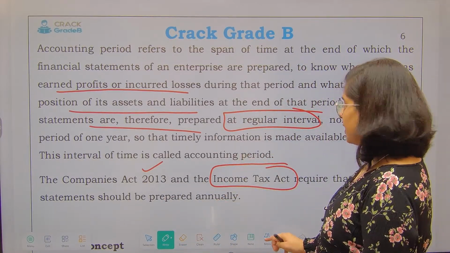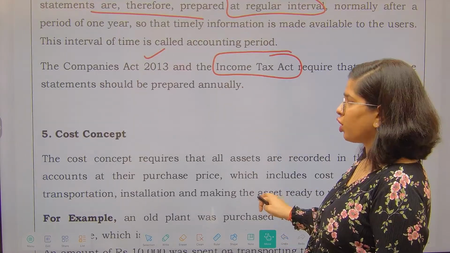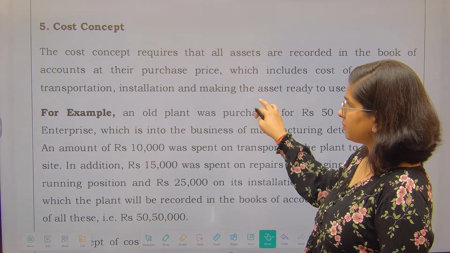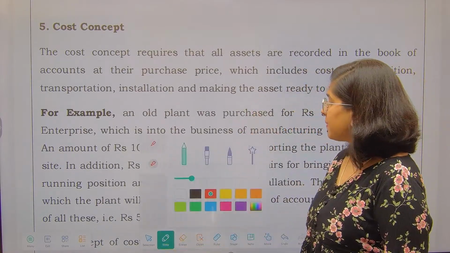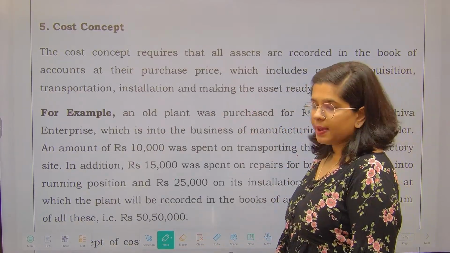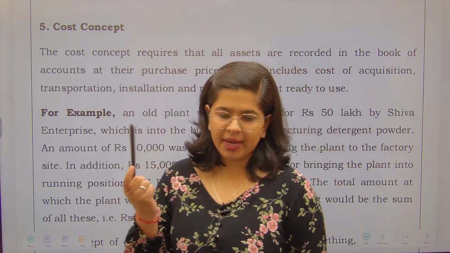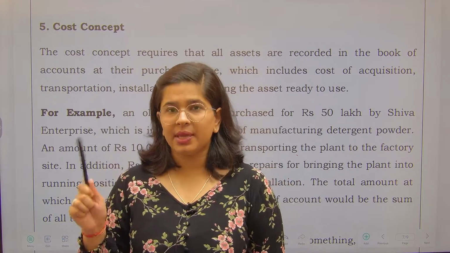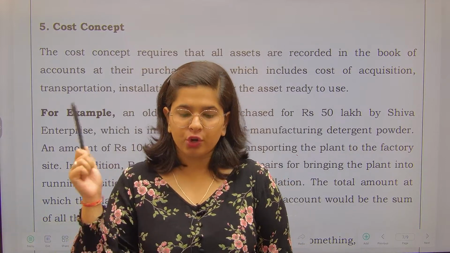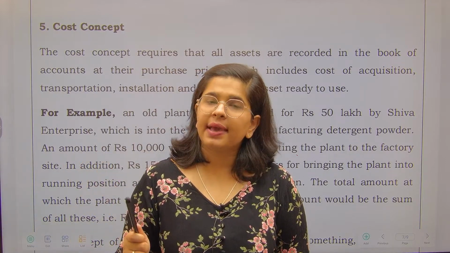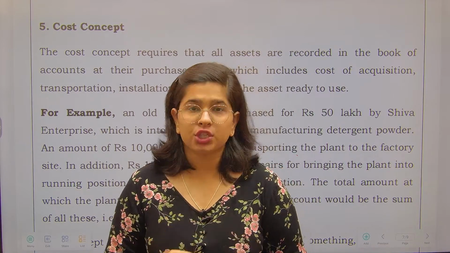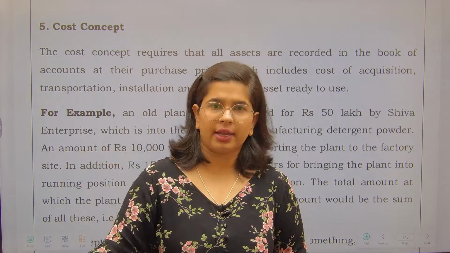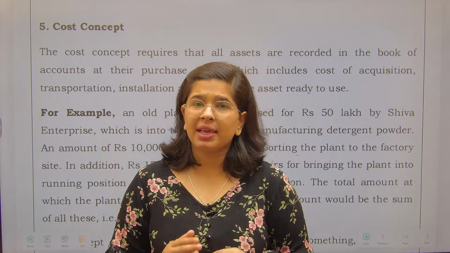Okay, now the next concept that we have is the cost concept. What the cost concept says is, suppose I bought this particular pen. I have paid 1000 rupees to the supplier in order to purchase this pen. Now this is what? This is the cost price. Cost price is what has gone out of my pocket. ठीक है, मैंने इसको पे किया है.